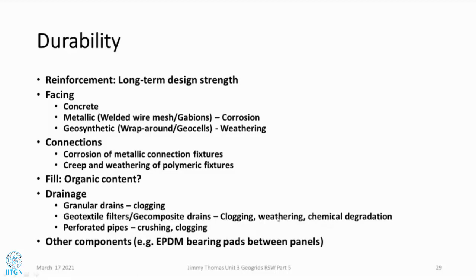Normally it is not exposed, but a geotextile filter is put at the panel joints actually. So even though it is not totally exposed, there could be some partial exposure. So that part we'll have to take care. Then it should not get clogged, and chemical degradation. Normally, if it is polypropylene, we don't expect a problem. If it is virgin polyester also, we don't expect a problem. But sometimes if we are using recycled polyester, then probably we may have to be a little careful.